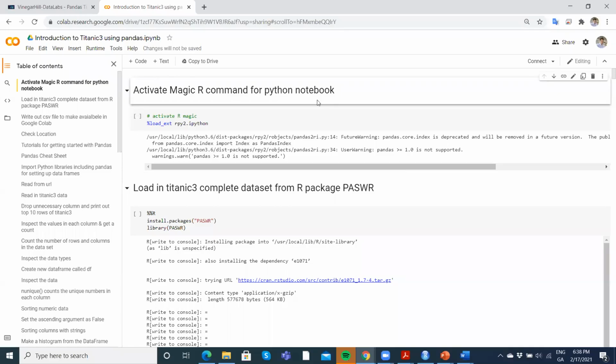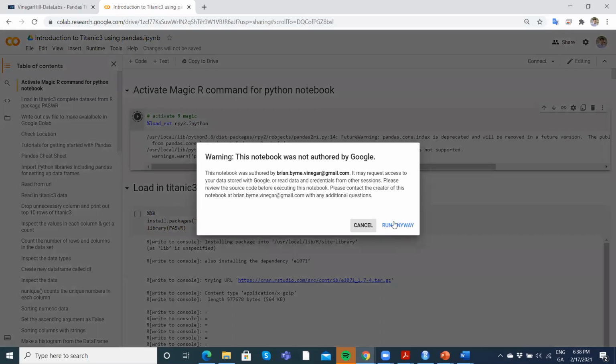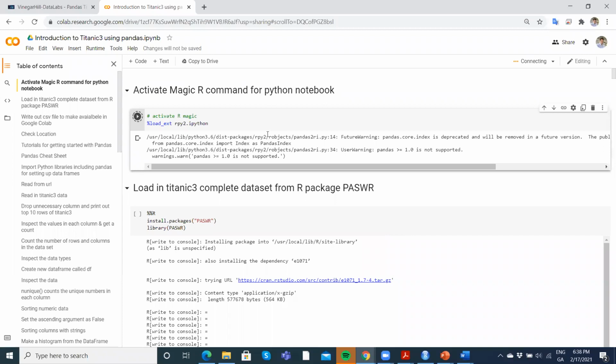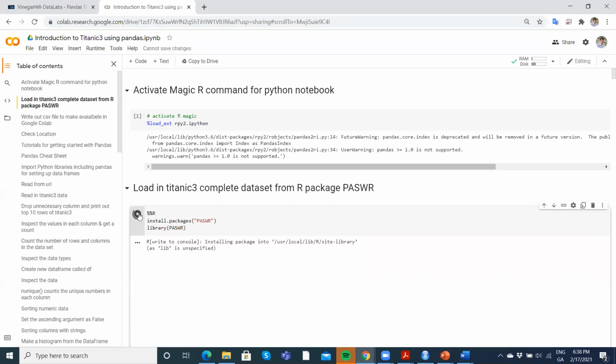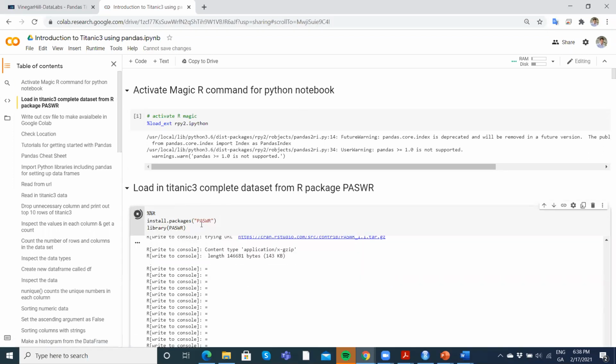So basically what we have here is the Titanic data set set up. I've used R, but just in a very basic way to bring in the passenger data. I activate, as before, this R command, and what that does is say, look, you have a Colab, it's a Python notebook, but I want to run a little bit of R code in there, and we can do that. And then I install the package for the titanic3